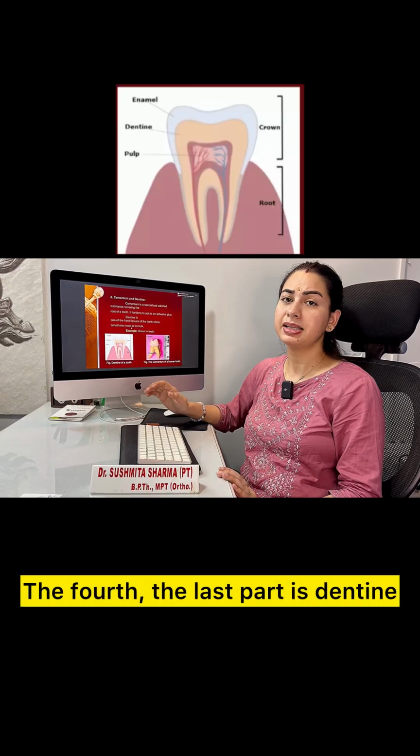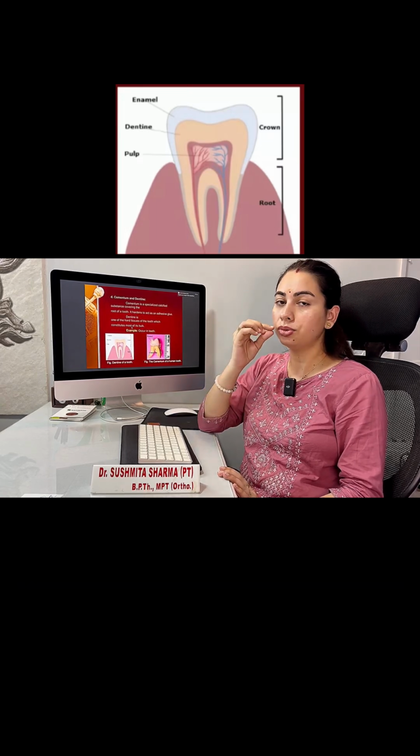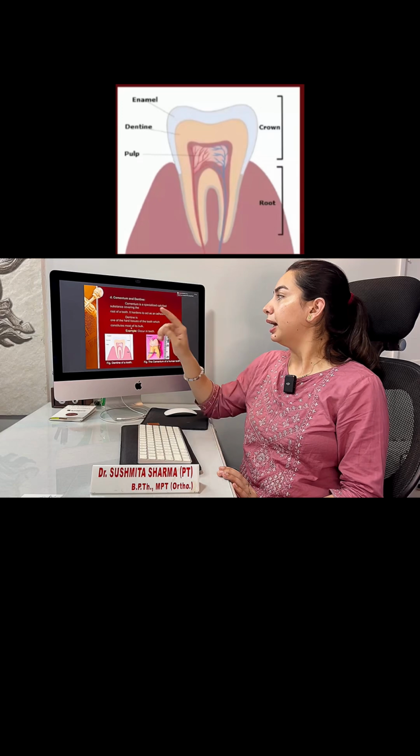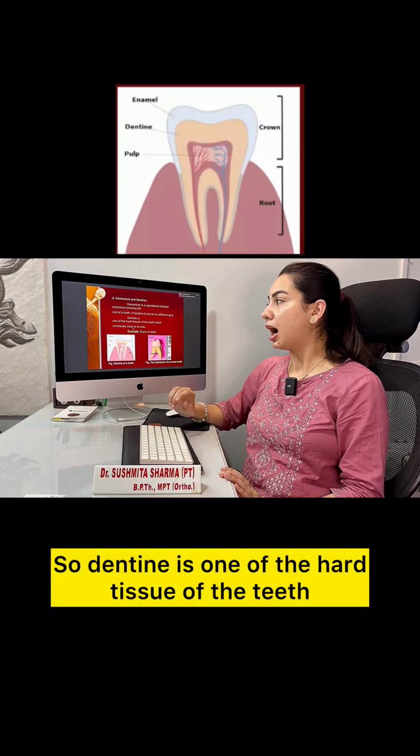The last part is dentine or cemental bone. They are specially present in the root of the tooth, and they act as an adhesive glue. So dentine is one of the hard tissues of the